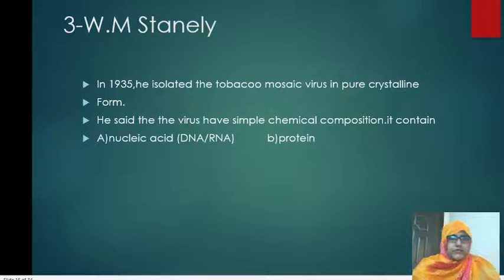Then W.M. Stanley. In 1935, he isolated tobacco mosaic virus in pure crystalline form. That tobacco mosaic virus was first purely explained and isolated by W.M. Stanley. He said that the virus has a very simple chemical composition. It only contains a nucleic acid, which is basically DNA or RNA, or